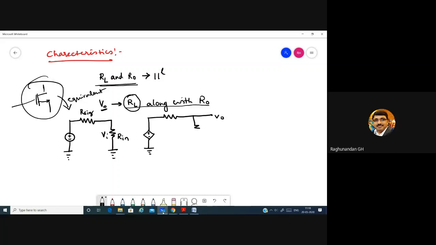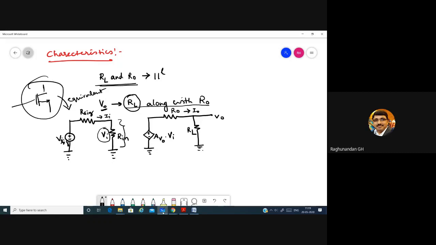and this is the R naught, this is the RL you're having, and the current which is moving out is I naught, and the current which is coming in is Ii. So this is our AVO into Vi. This indicates that the voltage across this is depending on the input. This is our signal voltage. So actual input is what? The voltage, whatever we get across the input resistance.